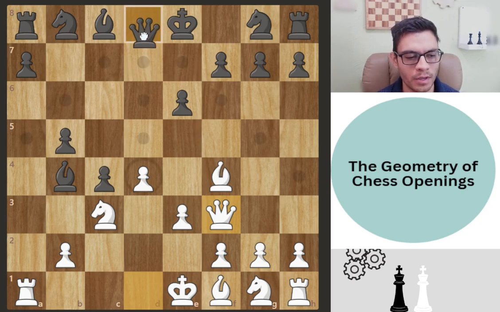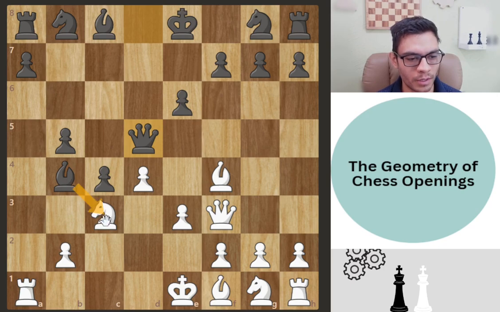Okay, they can play queen d5. This knight is pinned, right? They cannot move this knight. Okay, so we're fine if we're playing black. So queen d5. Now, if you saw the opera game and you saw my video, then you can maybe spot